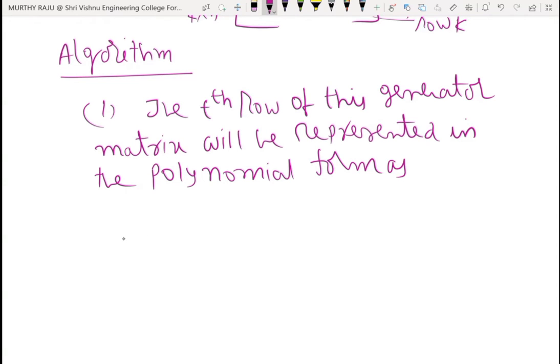Suppose K rows are there. T-th row of G is equal to P power n minus t